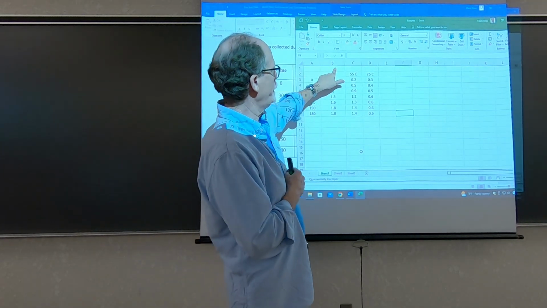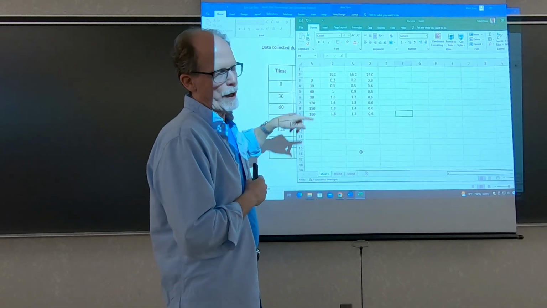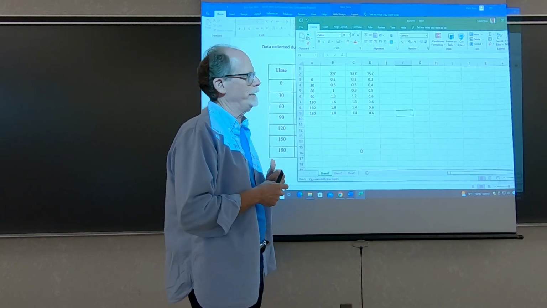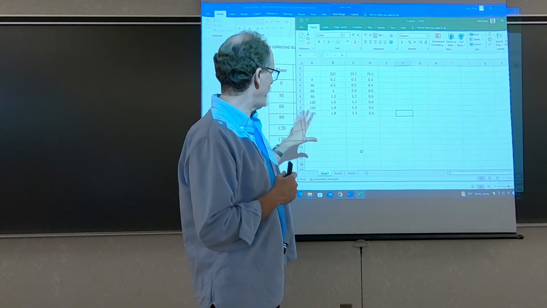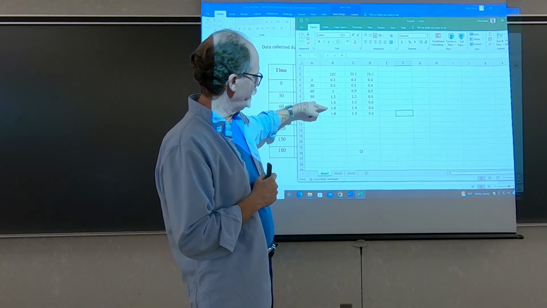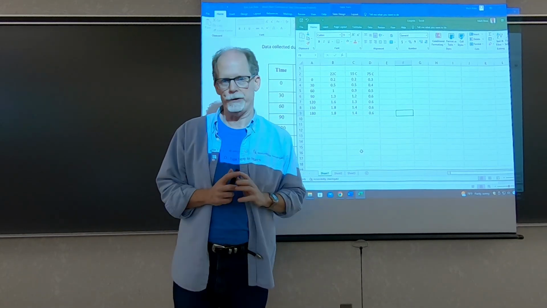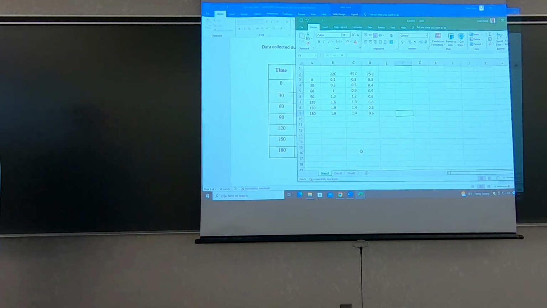I didn't start right. Notice I don't have anything here. I could have used that top line, but I didn't. And then put in the data that you have on your chart for each time point, right? There's nothing hard about that. Then to get the graph,